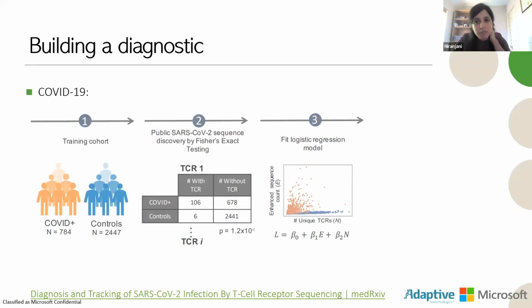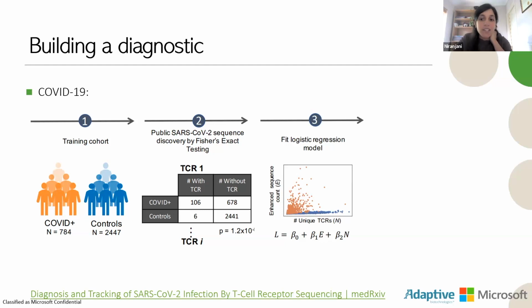The fundamental approach we take here to building such a diagnostic is pretty simple. Taking COVID-19 as an example, we first curate a data set of COVID-positive TCR repertoires and healthy controls. For each of the millions of TCRs in these repertoires, we run a statistical significance test based on the presence of that TCR in cases versus controls, namely Fisher's exact test. We select TCRs of interest based on some threshold p-value, and then we aggregate the counts of these selected TCRs, or enhanced sequences,